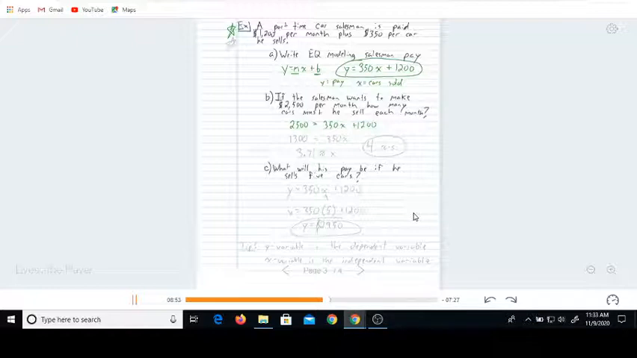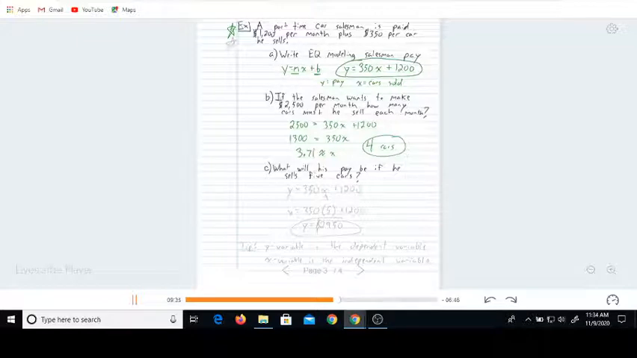Let me grab my calculator real quick. So that's 2,500 minus 1,200, which is 1,300. Then divide both sides by 350. And we get approximately 3.71. So in conclusion, he can't sell 3.7 cars. He can either sell 3 or he can sell 4. 3 is not enough, so that means he needs to be selling at least 4 cars a month to meet